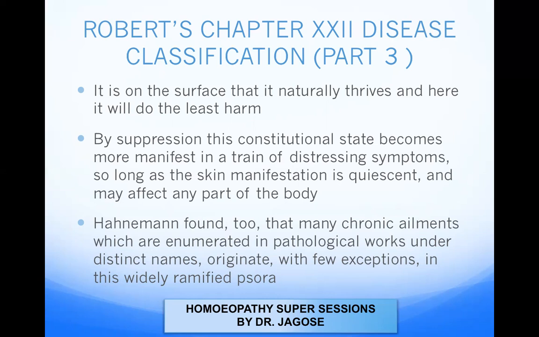That means that as long as the skin manifestations have disappeared, these distressing symptoms will be there in the constitution and may affect any part of the body, but generally they will affect the vital